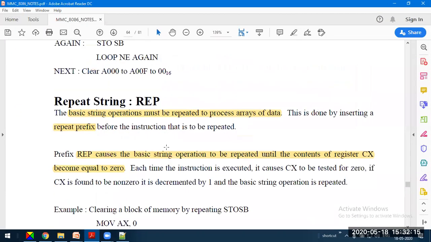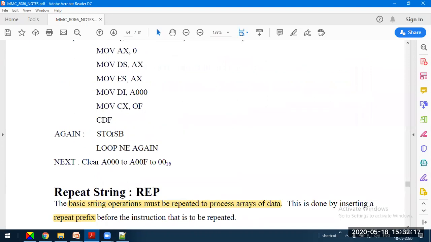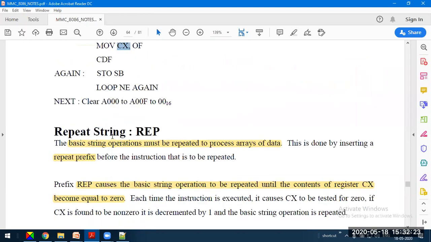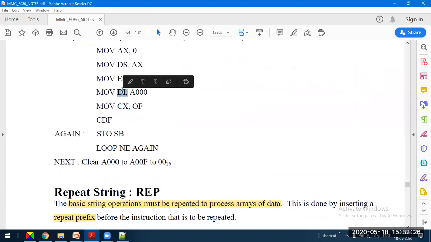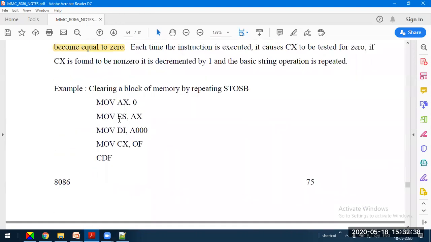For example, in this case, we are performing the store operation. So each time the store operation is performed, and if CX is not equal to 0, then SI and DI are either incremented or decremented depending on the condition of DF flag. If DF flag is 0, DI and SI are incremented. If DF flag is set to 1, SI and DI will be automatically decremented.